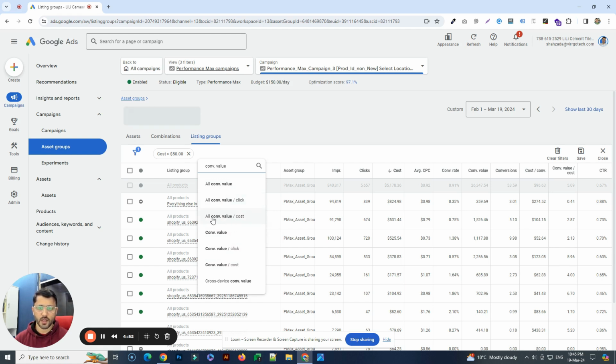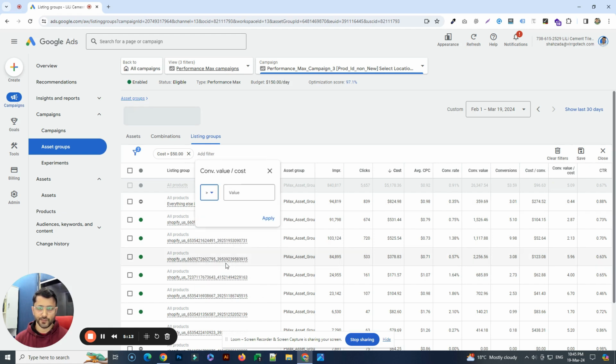All conversion value is not the same as the conversion value that's happening on your website for product purchases. All means the conversion value for clicks and add to carts and all that. So this is not what you want to select. You want to select conversion value divided by cost, this column. And you want to say, okay,